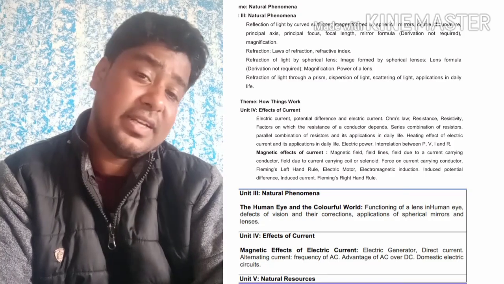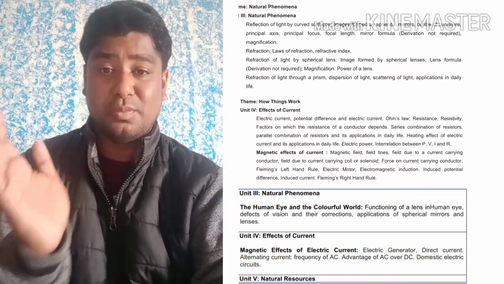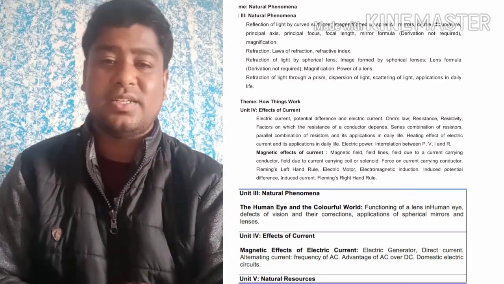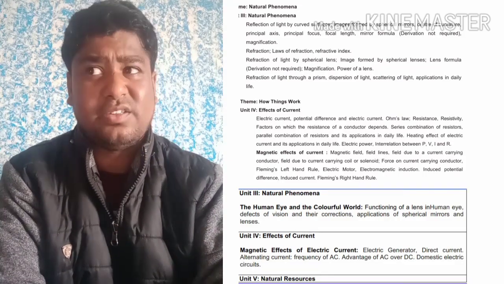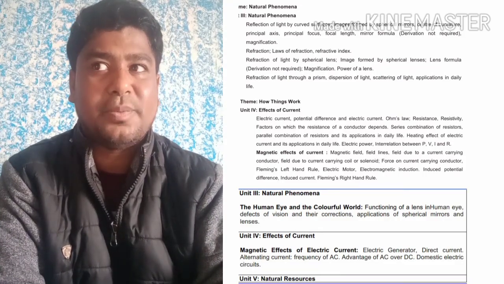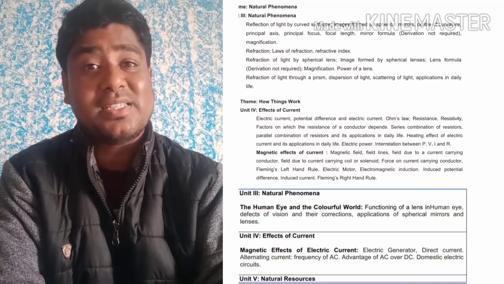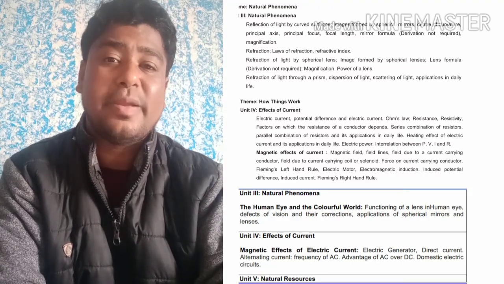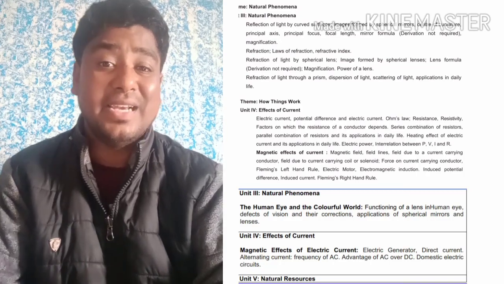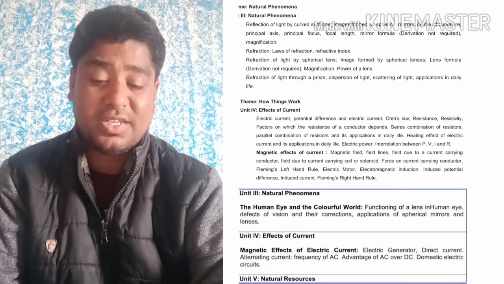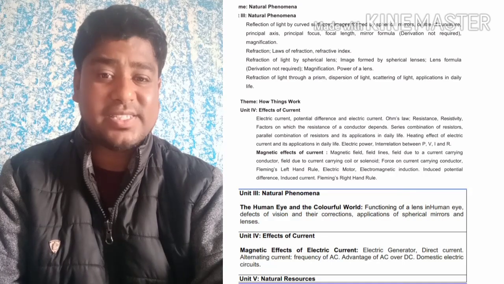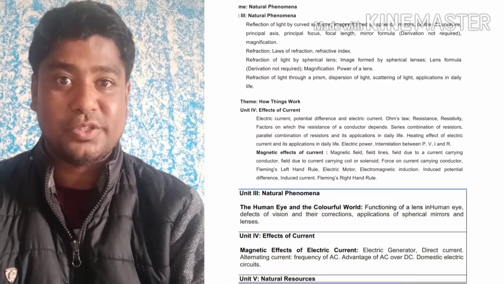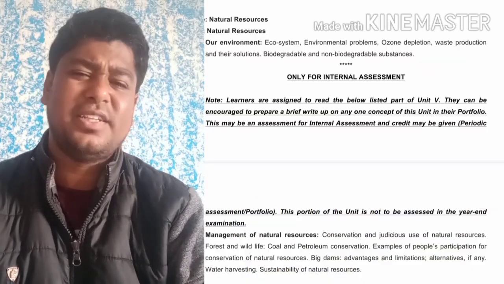So whatever was there in the last part, right from the electric motor, you can skip the last around 3-4 pages of the chapter. You can skip up to the Fleming's left hand rule and right hand rule. You have to study motor, generator, and the remaining part has been deleted from magnetic effect of electric current, okay. That's about physics. The last part of your science book, that is on natural resources,